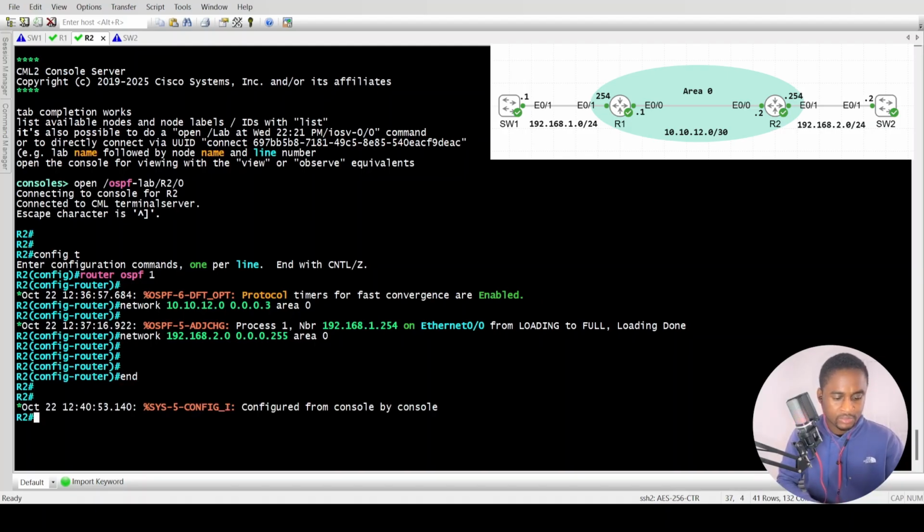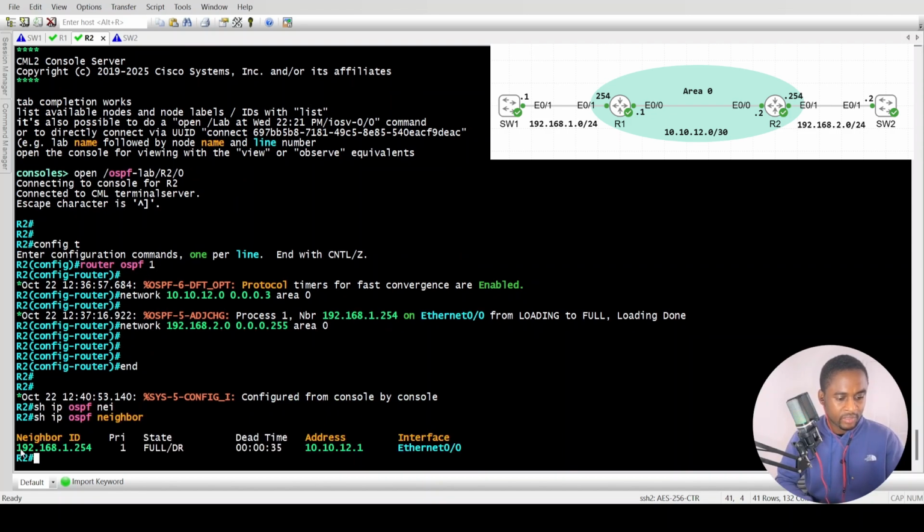The first command is show ip ospf neighbor. And we can see we have a neighbor with this neighbor ID. We did not assign a router ID, so OSPF picked the IP address on its interface, on this router interface, as a router ID. It's a good practice to assign a router ID, but for this sake, we'll just let it go by. So we can see the state is full, which is the expected state, and we can see we have the